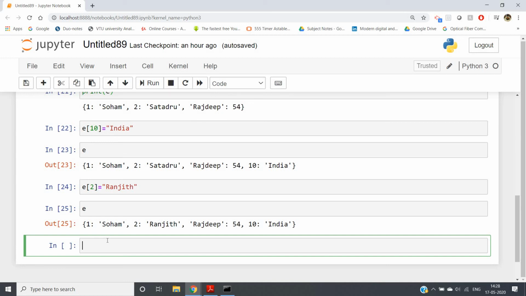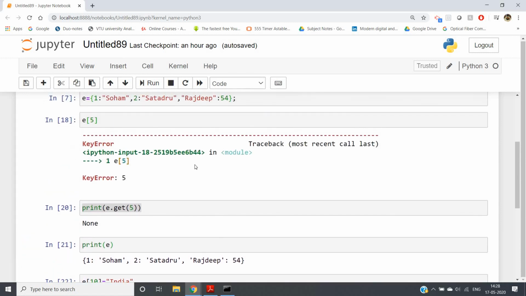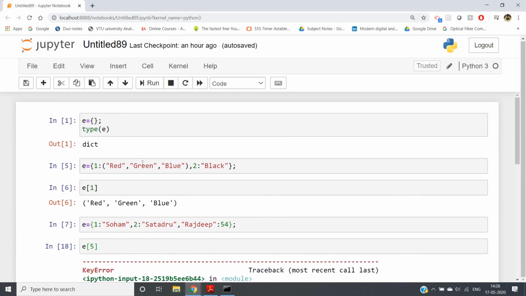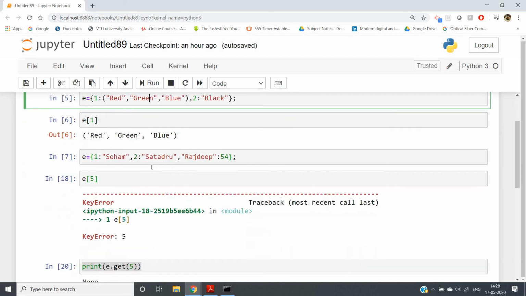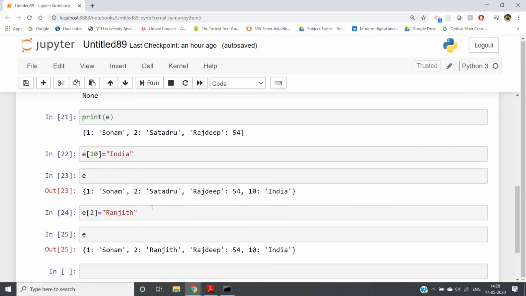In this video I am going to discuss some important methods present in dictionary in Python. In our previous video we have seen how to initialize one dictionary, and the main concept of the dictionary data structure, that is it stores data as key value pairs. One important point which you should remember is that in a dictionary keys cannot be repeated.